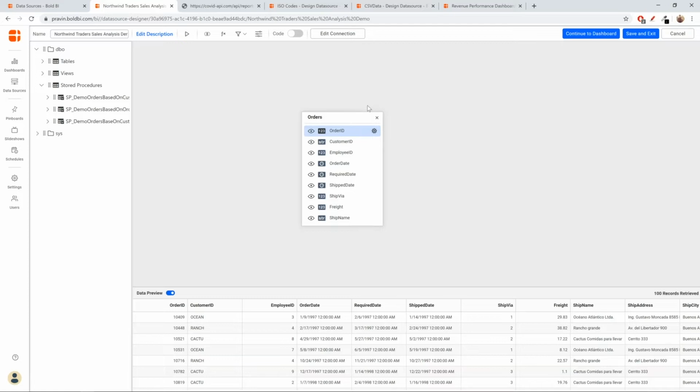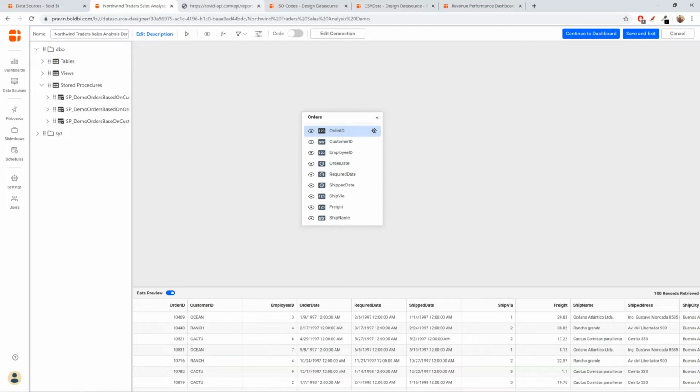Instead of creating the parameters every time for each and every dashboard, when you reuse the data source, all those parameters that you have in the data source will be automatically imported, and it'll reduce a lot of time when you build a parameterized data source, and hence a dashboard.